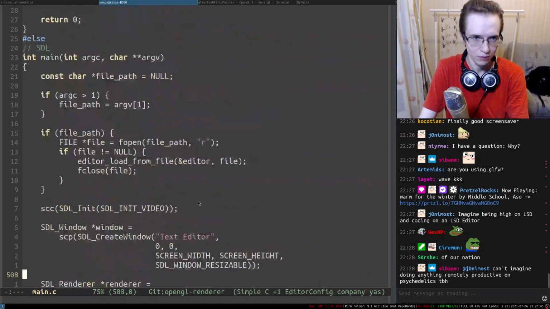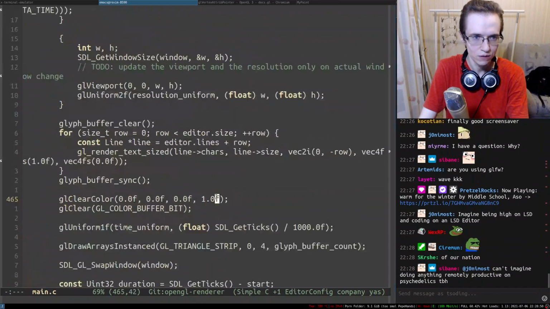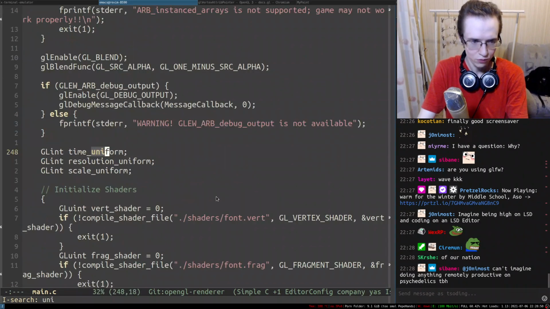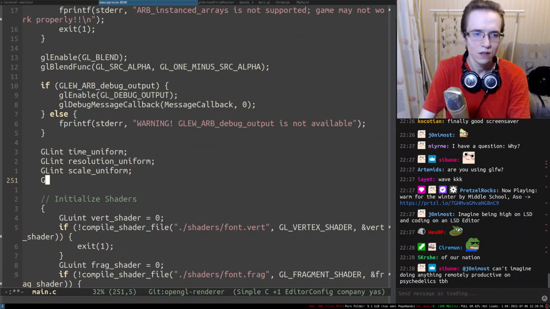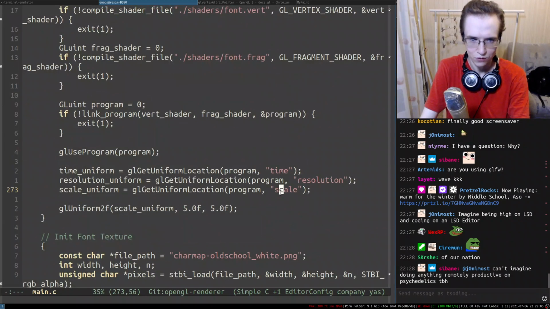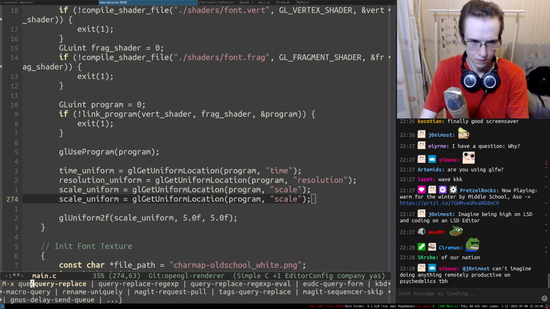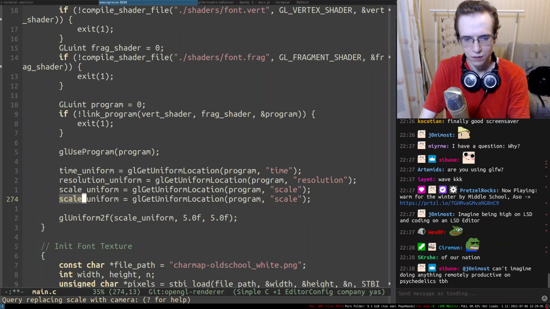Right, so I'm gonna go to the uniforms. We have a time uniform, and I'm gonna introduce something like GLint camera uniform. There we go. And where do we get all of these uniforms? Scale camera.